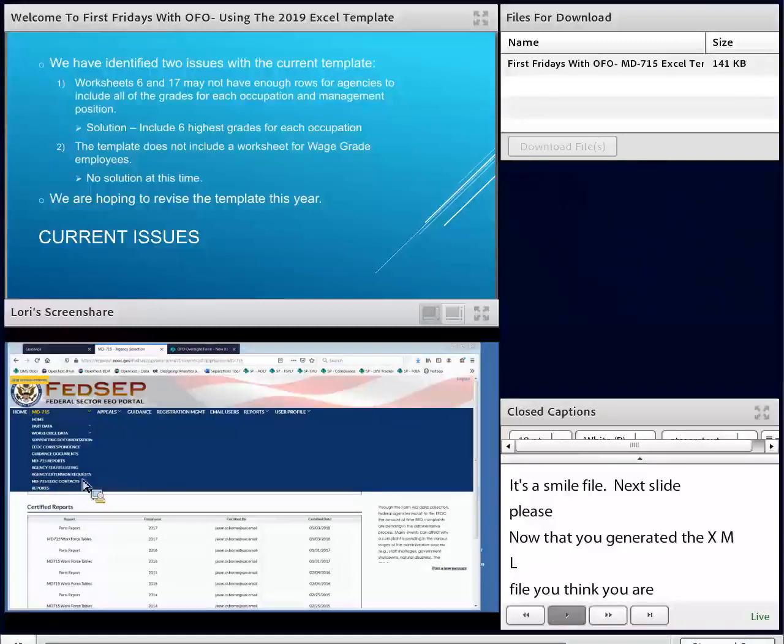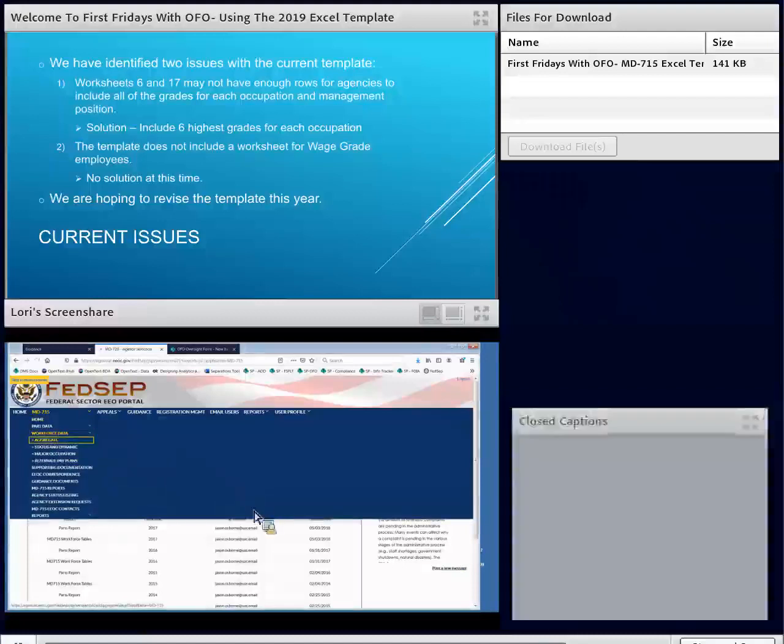Before I open the forum up for questions, I received some questions from an agency, and I thought I would share them with you. The first one is: is FedSEP enabled to receive data uploads multiple times from the template? The answer is yes. When you are in FedSEP and you go to the workforce data aggregate, you'll see that